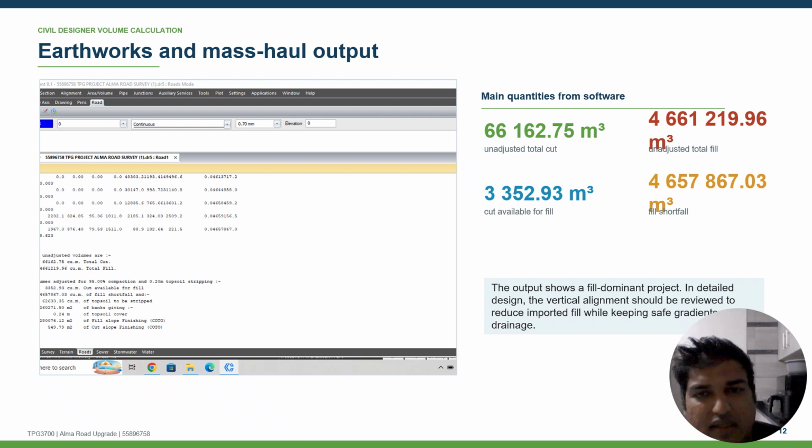The earthworks and mass haul outputs were calculated in Civil Designer using the road cross-section data. The existing ground was taken from layer 1 and the design cross-section from layer 2. The volume calculation included a topsoil stripping depth of about 0.2 meters and roadbed preparation depth of 0.2 meters. The software calculated an unadjusted total cut of 66,162 cubic meters, and an unadjusted total fill of